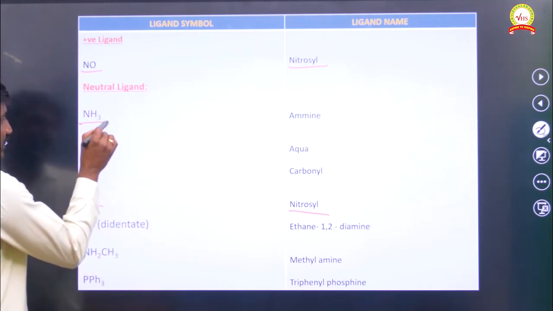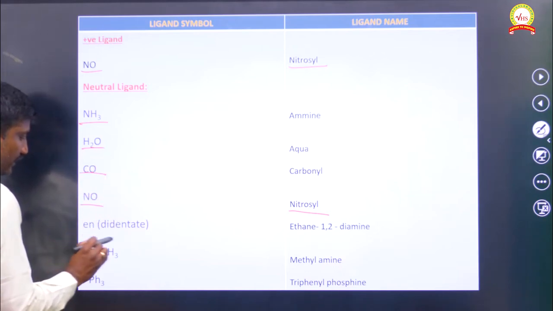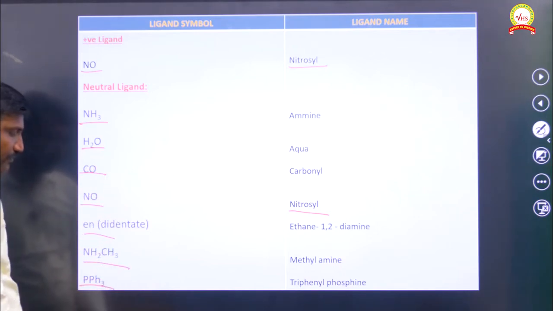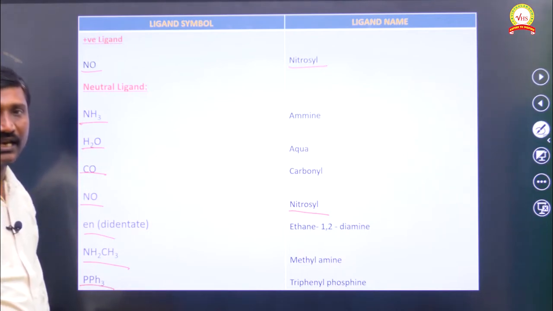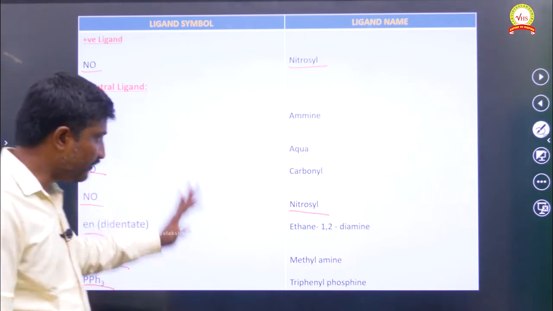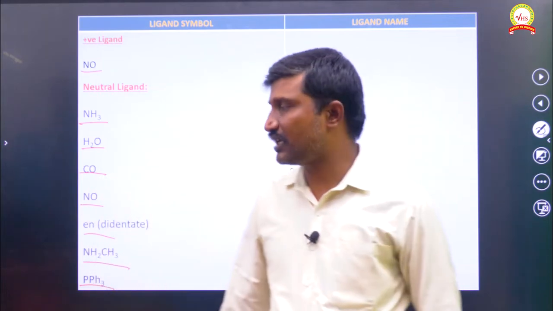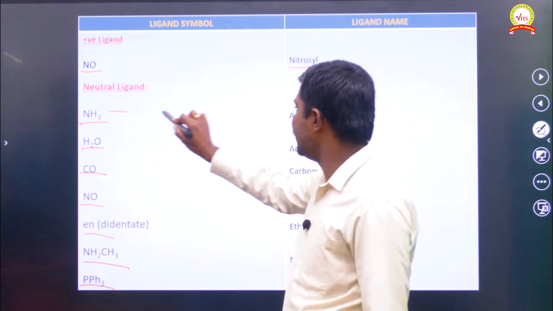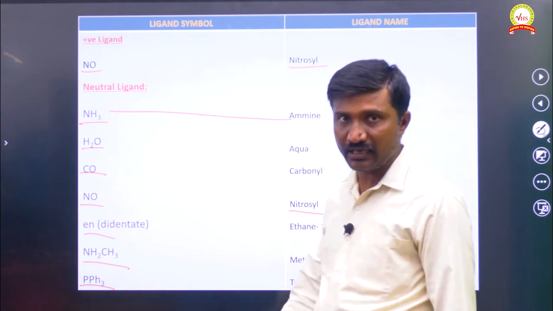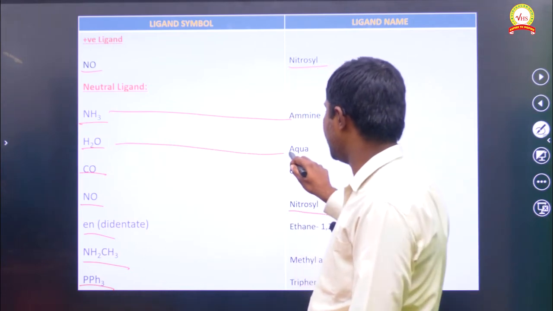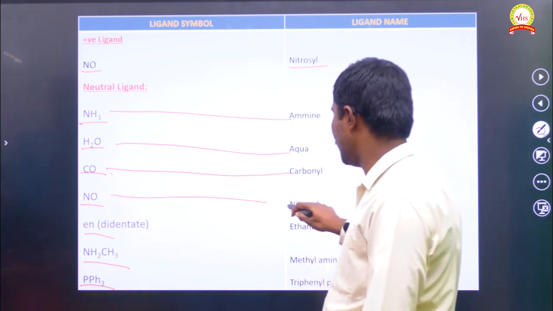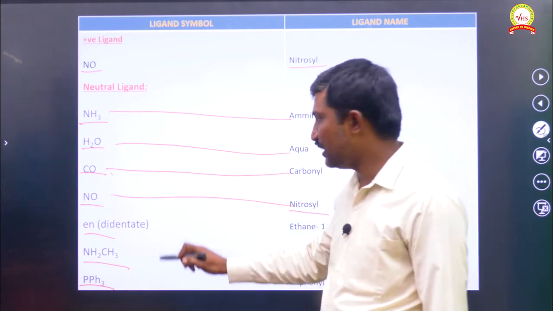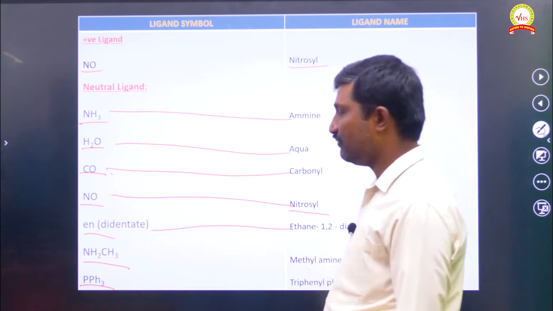And this NH3, H2O, CO, NO, en, NH2CH3 and PH3. All these are examples of neutral ligands, right? So, how do we give the names for these neutral ligands? For NH3 we have to write ammine, for H2O we write aqua, for CO we write carbonyl, for NO nitrosyl, and for en it means ethane